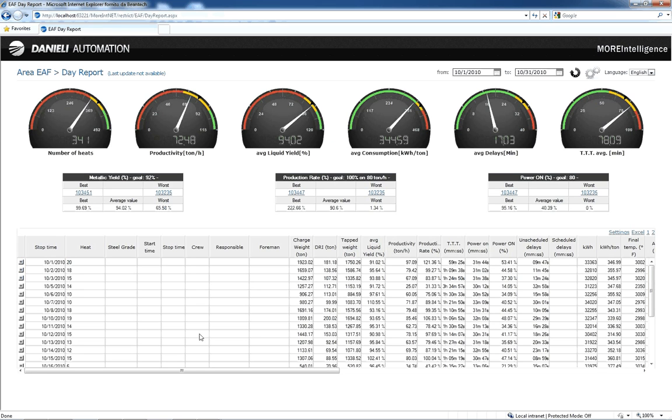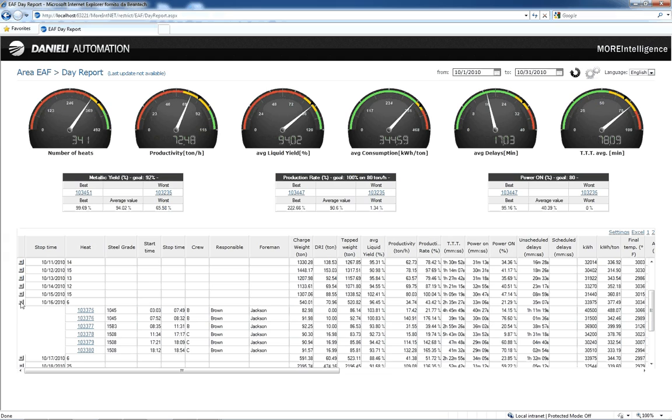Let's now analyze the grid below. Expanding the row related to the 16th of October by clicking on the plus sign, we can notice that some of the hits shown have a high tap-to-tap time. For example, the 1st, 3rd, and 4th. As a matter of fact, the hitting time of these hits lasts for more than 50 minutes, which is the average value. This happens because of the large number of delays. Since the production is expressed in tons per hour, we can deduce that a high tap-to-tap time matches a